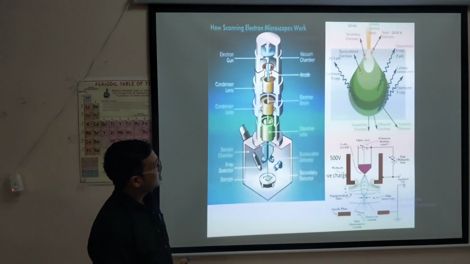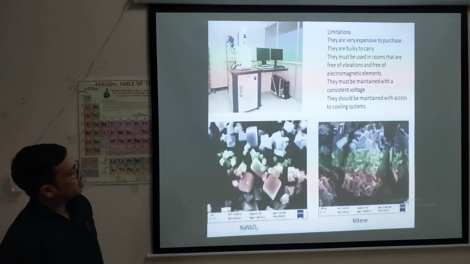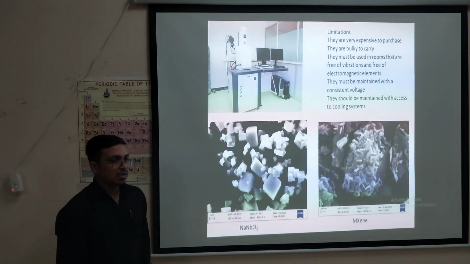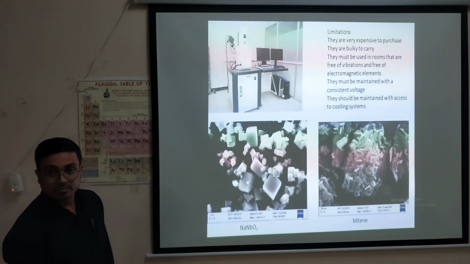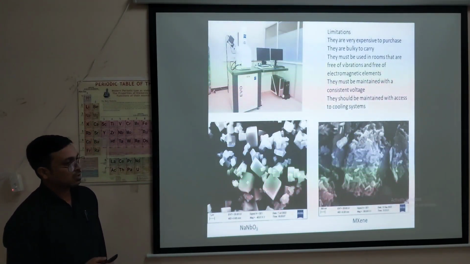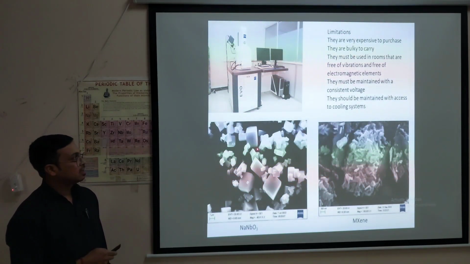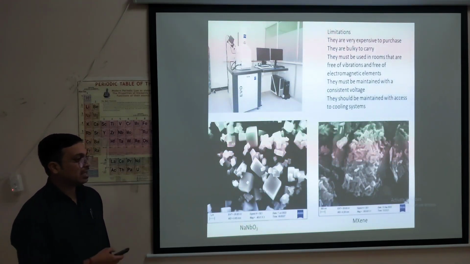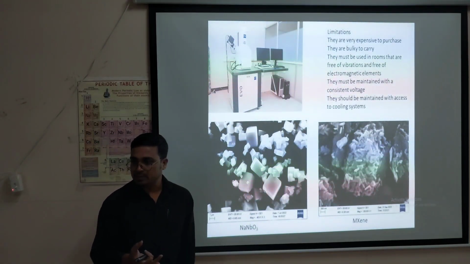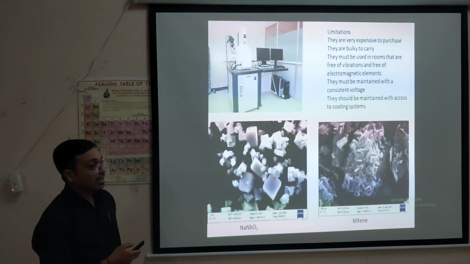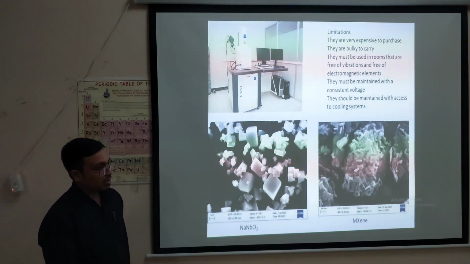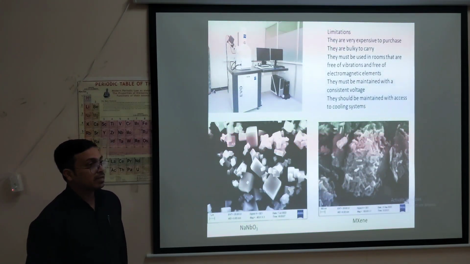Okay. So tell me about this one. How to interpret this one? How will you present this one in your paper? So these are all cubes, having sharp edges. So you can represent accordingly. That means the designed sodium niobate is of a cube type of morphology with sharp edges. And in certain cases also from our lab, people have shown different facets. Facets means different planes of the crystal.